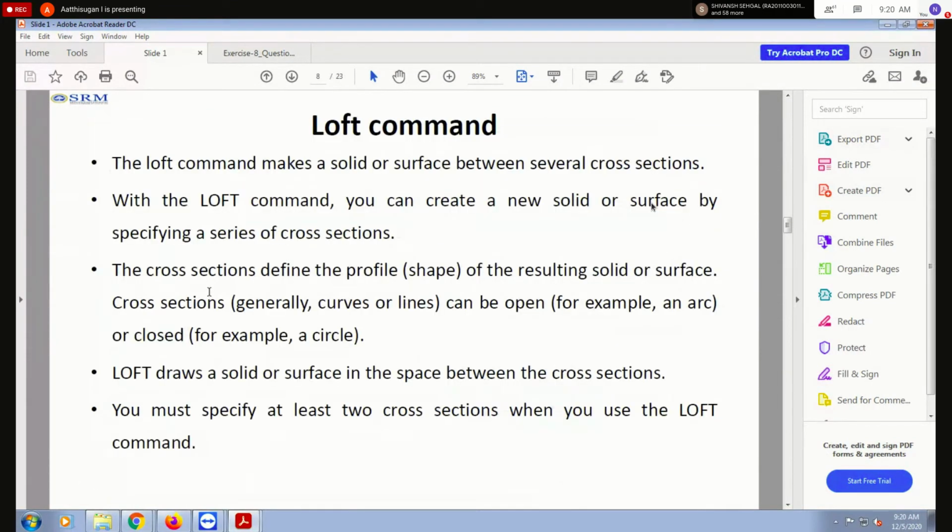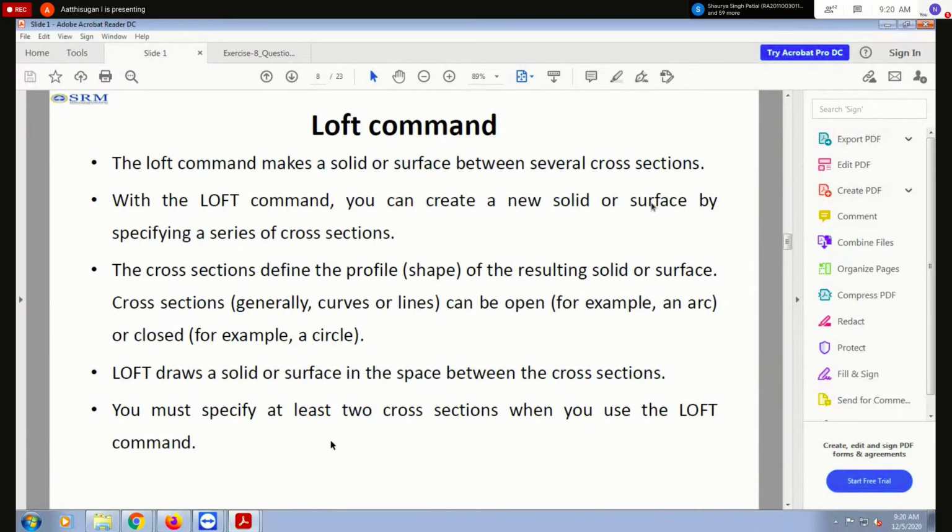Then the loft command, which we are also going to discuss. The loft command makes a solid or surface between several cross sections. Suppose you take a shoe, you have to draw the different sections. So the loft command can create a new solid or surface by specifying a series of cross sections.